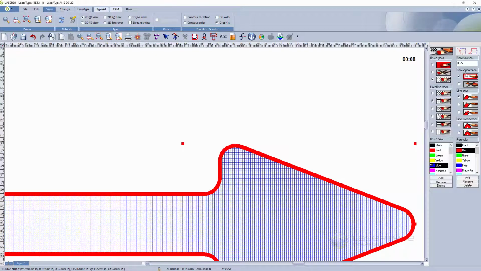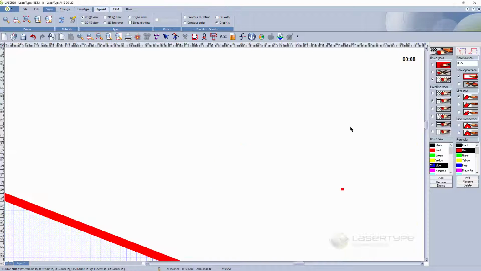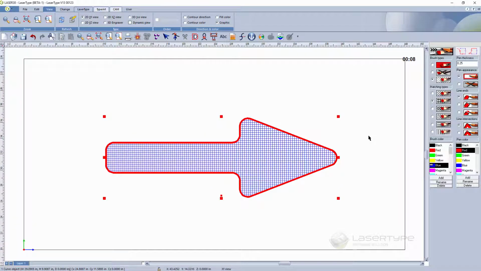All those different capabilities are available within the graphic mode of LaserType. So that would be pretty much the setup for a CO2 machine using a printer spooler Windows system. You will just go on the print and then send that to the machine to mark or cut your different objects.